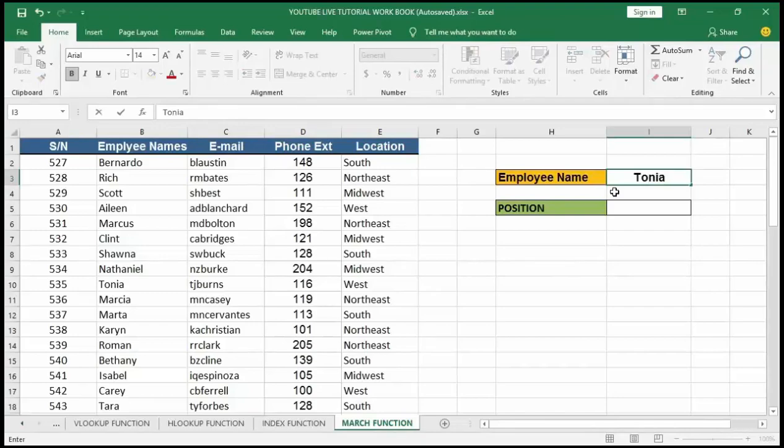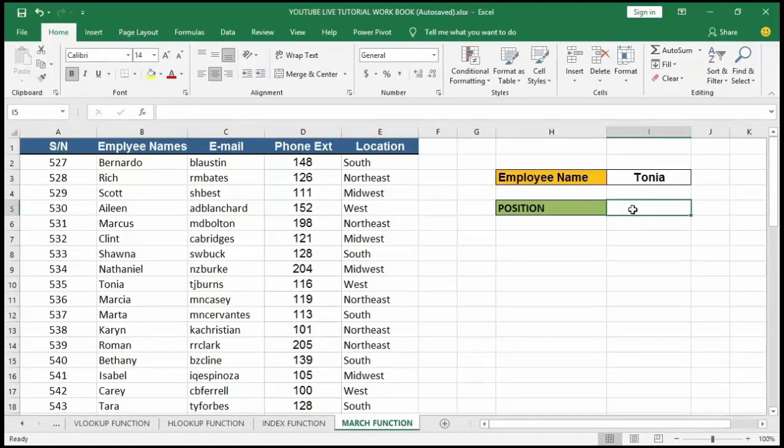Now inside cell I5, I'm going to give it a click. Now let's apply the MATCH function inside this I5.